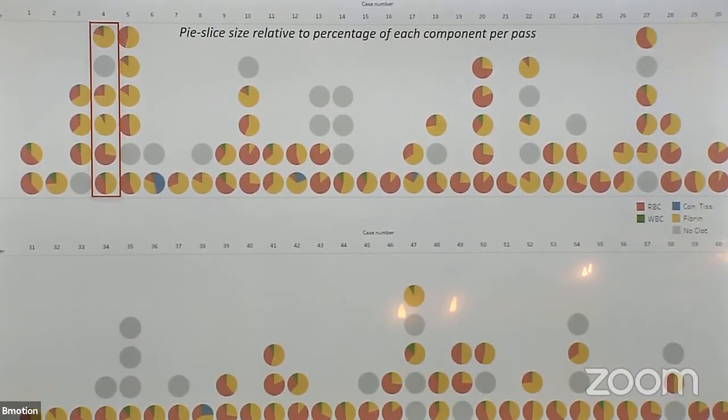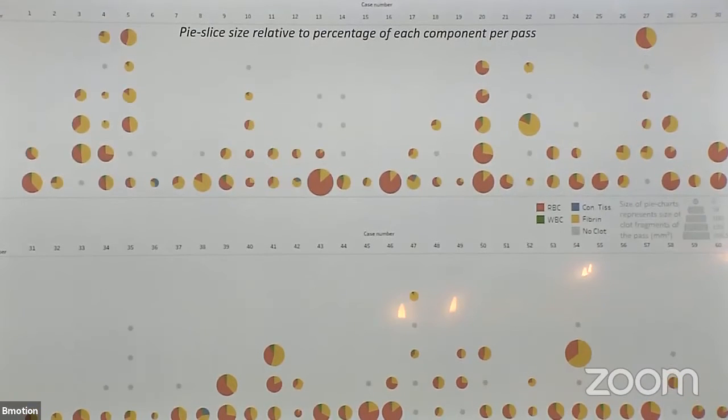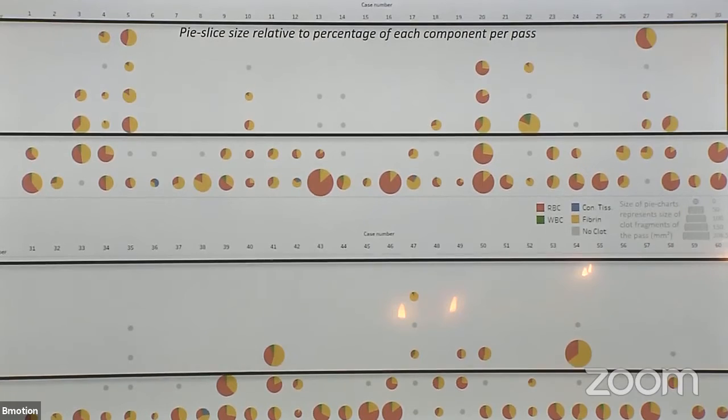Here the results are normalized, but we also have it in this way, in which we can see the relative sizes of the fragments collected. For instance, in this case, we see that the fragment collected in the first pass was much smaller compared with this one collected in the third pass, and also the cases in which no fragment was collected at all. Again, as I said in the beginning, in more than 30% of the cases, more than